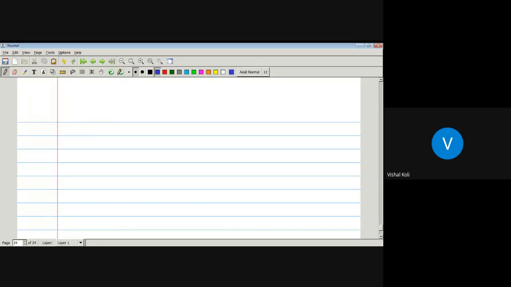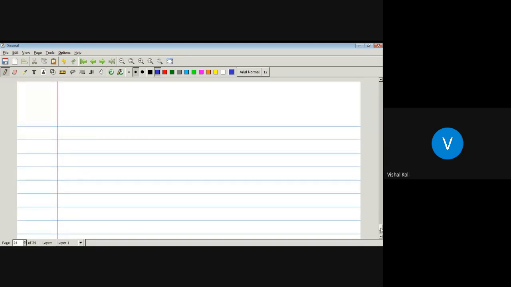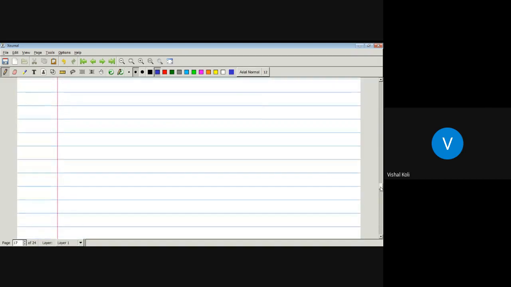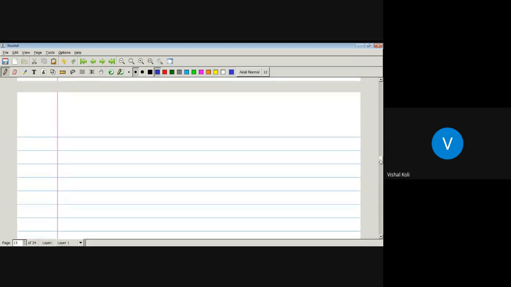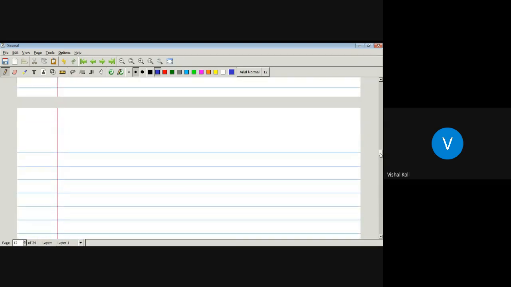Okay, so in the last lecture we have seen what is an adjoint of a matrix. So today we will start with the inverse of a matrix. That is, we have to find the inverse of a matrix by using the adjoint method. Okay, so let us see how to find the inverse of a matrix. First we will see when our matrix will be said to be an invertible matrix, and then we will find some inverses of matrices.